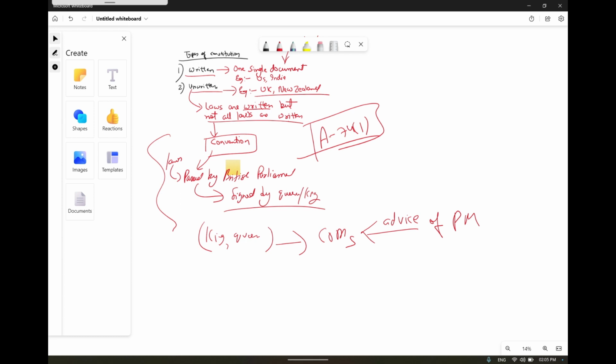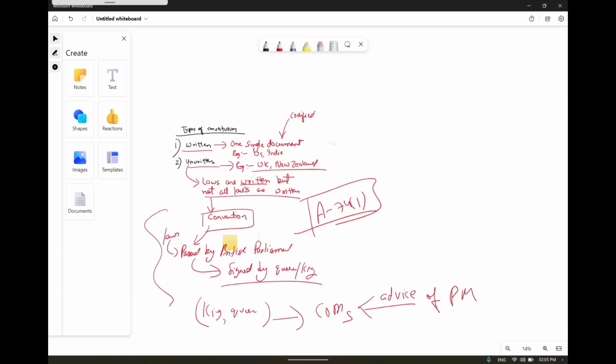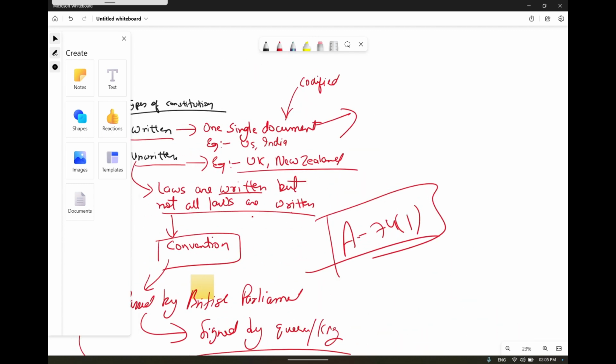Like all the structure, laws are made on the basis of the constitution itself. So all the related provisions should be present under a single document. But in the unwritten type, laws are written, but not all laws are written. Okay, so if we compare with the written one, our constitution,